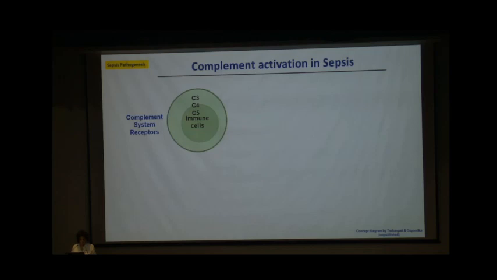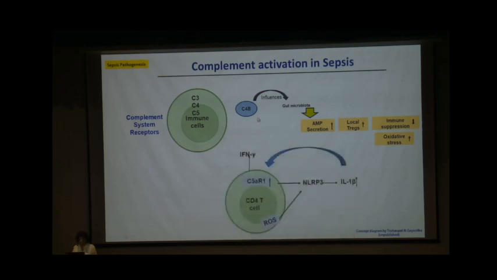When inflammation starts, there is a complement activation in sepsis. In the immune cells, there are C4, C5. By themselves they don't do anything. Only the complement system receptors are more important in the immune cells. The complement, even C4B, influences protective immunity. There is more gut AMP, antimicrobial peptide secretion, and more local Tregs for homeostasis, even though there is a little oxidative stress, but still it is the complement.